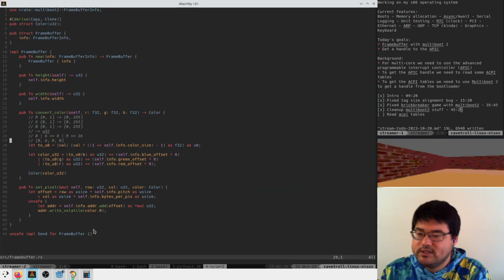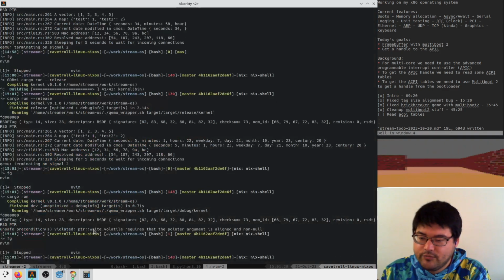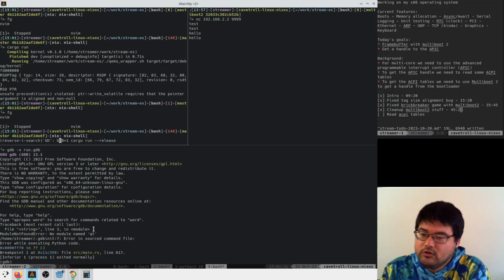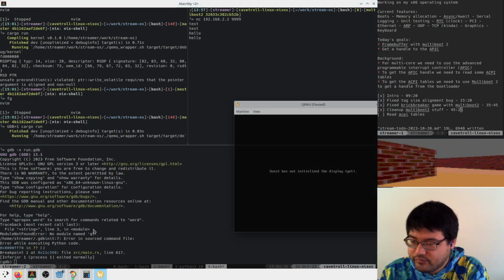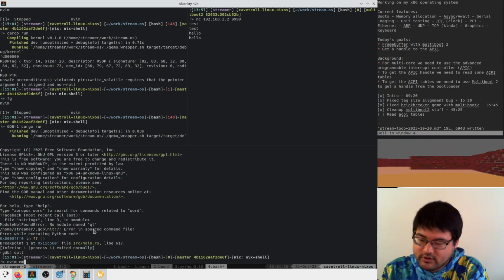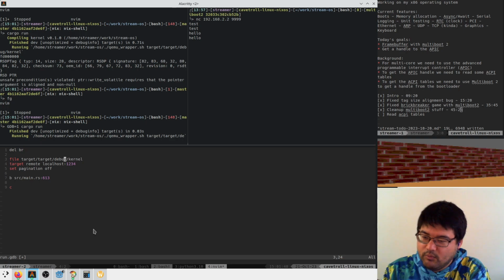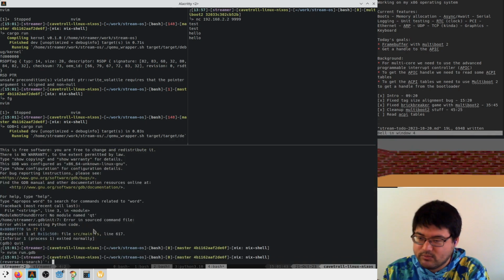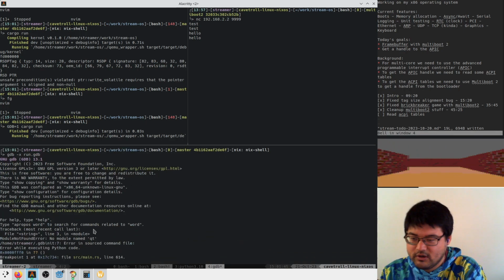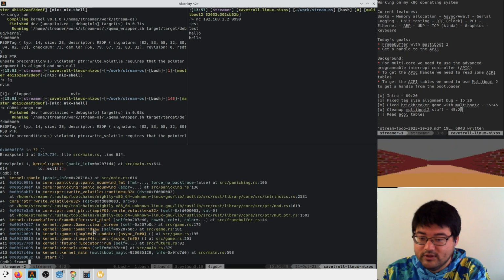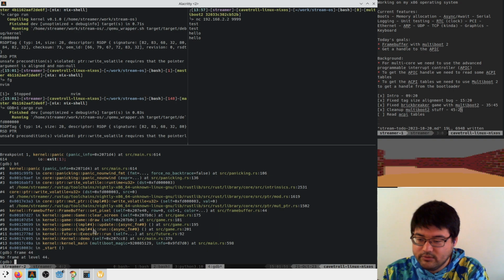So let's maybe see if we can... Oh, I can't help myself. We have to debug it. So let's look at the GDB script. We put this back in debug. We have our panic thing set, so we can just probably gdb -x, run our script, backtrace, look back to this write volatile, and see what we're actually trying to do.